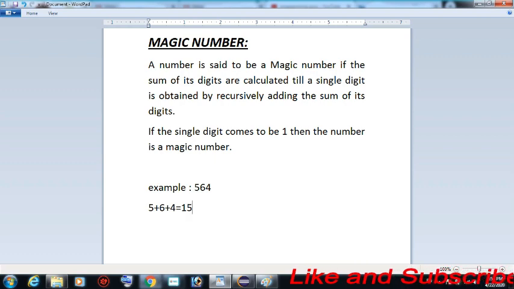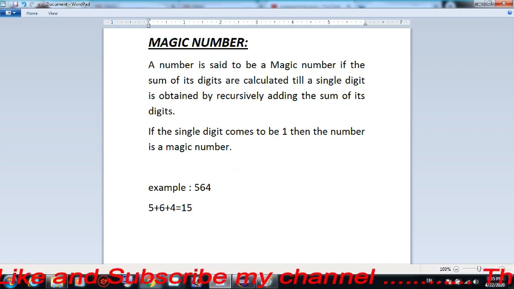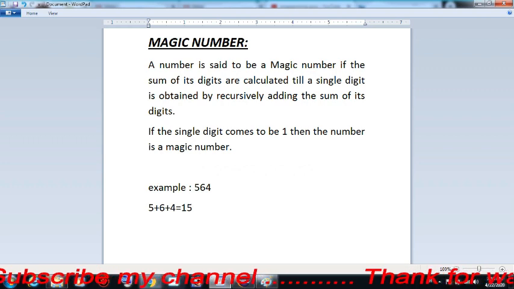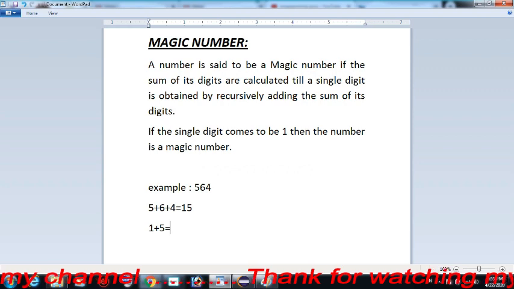Then the sum of its digits is calculated till a single digit is obtained. Here after adding the digits we get a 2-digit number, so further we can recursively add the digits. So here 1 plus 5 equals 6.